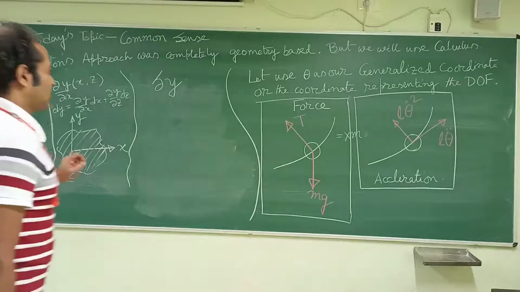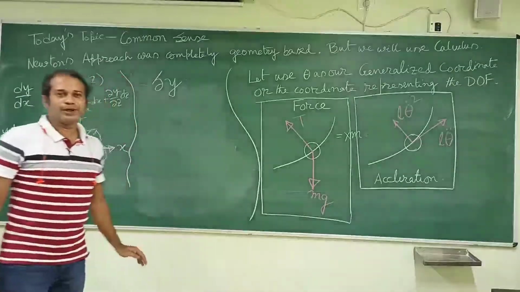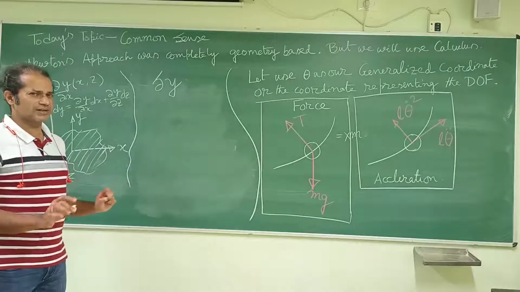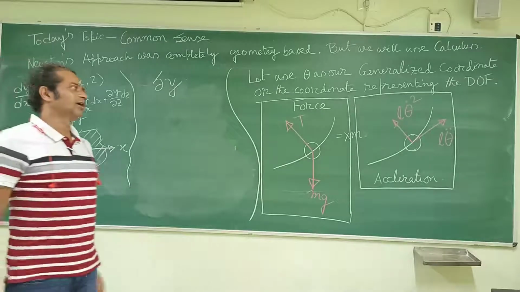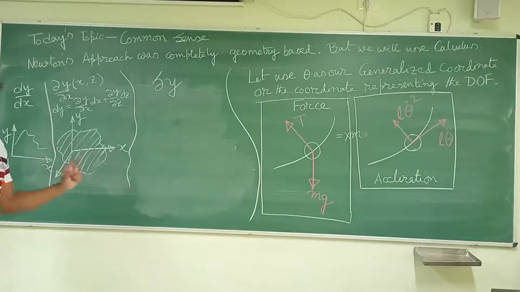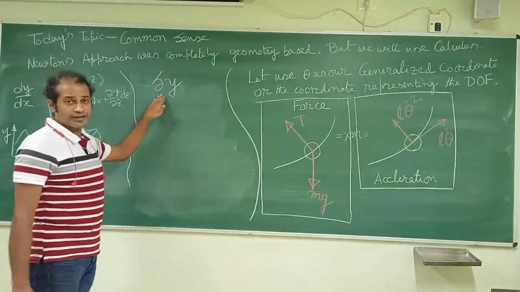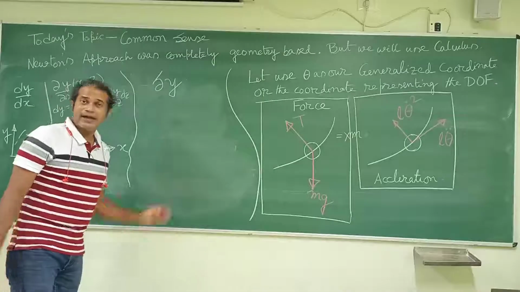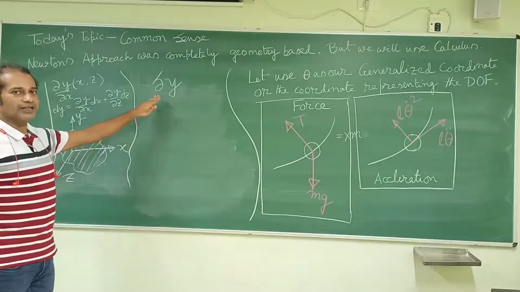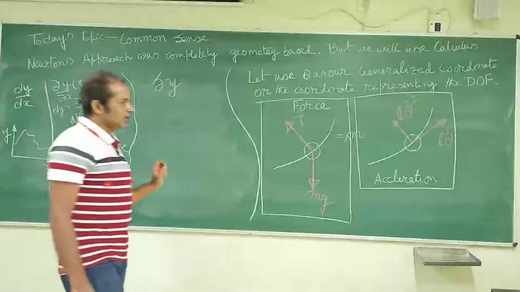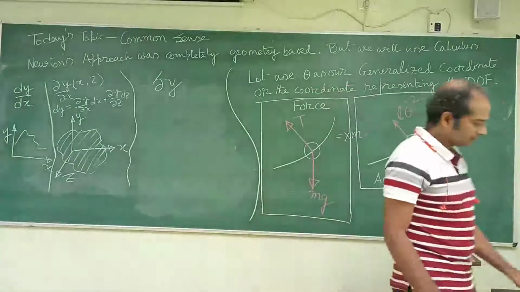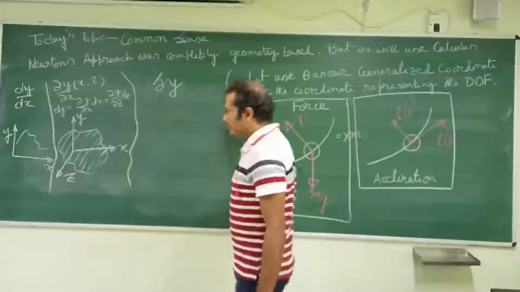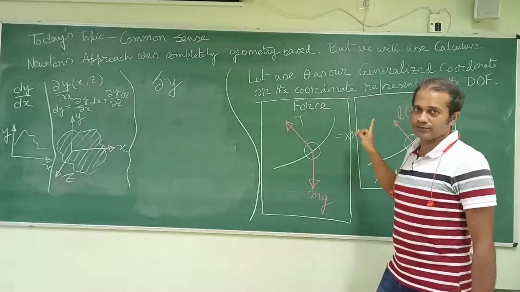Okay, so it's basically applying the method of least action. We'll be coming to these jargon terms later on. Let us not lose our spirit, but understand the essence of it. This is called the variational calculus, another branch of calculus, and it is called the del of y, the variational of y. So over here, we will be applying this calculus concept to solve this problem, to bypass Newton's second law.